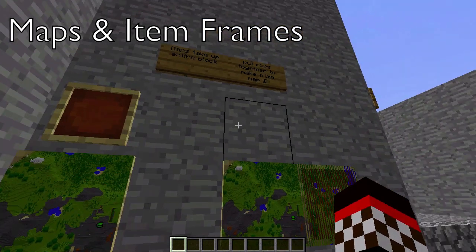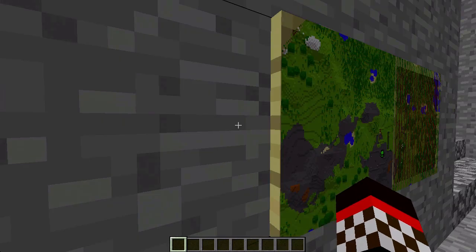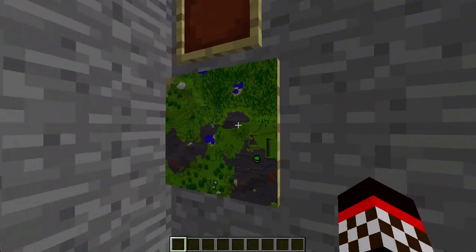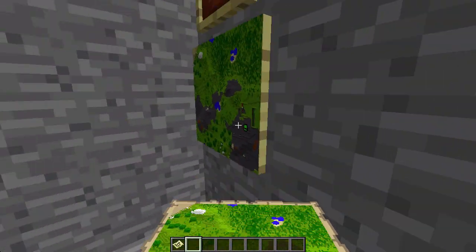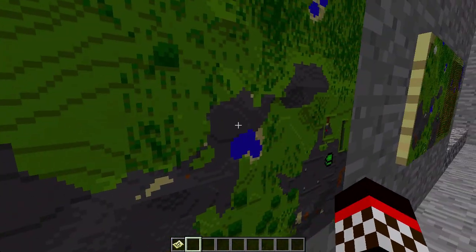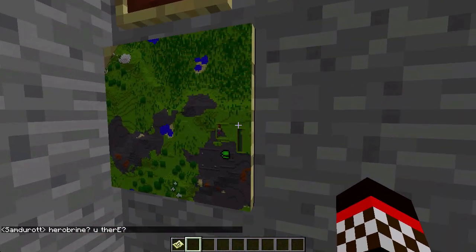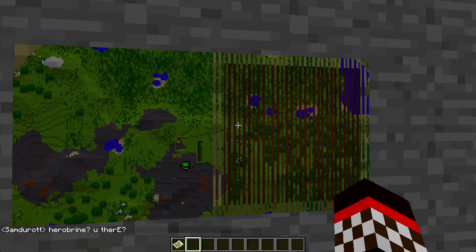In the 1.7 update, there will be a way where you can put... Finally, you can. Oh, well, that's a glitch. Anyways, if you put a map in an item frame now, like this, it takes up the entire block, and it even has this cute little border around it. Anyway, so that's the map, and maps take up the entire block. But if you put them together, they will make...